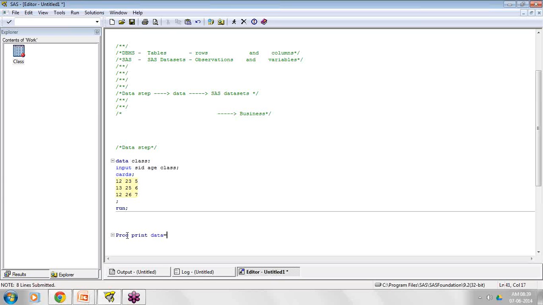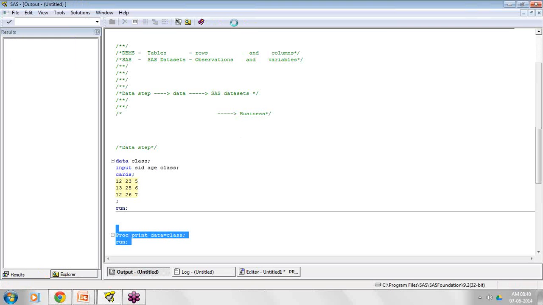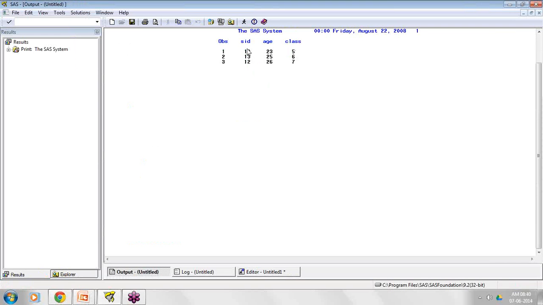Then I run it. So the moment you execute it, you can see the results in the output window, student ID, age, and class, and in the result window you can see all your output.